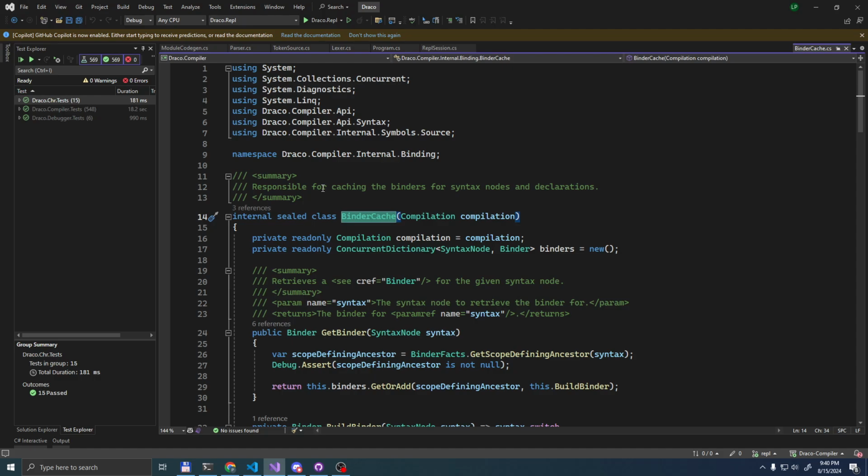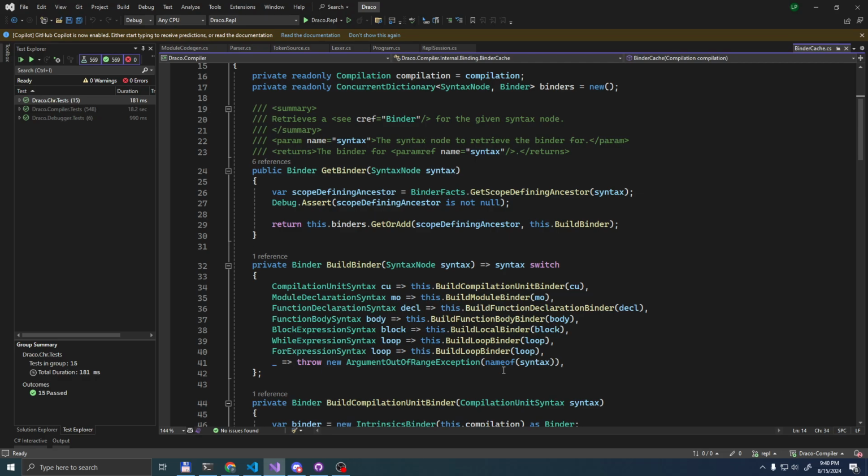And the binder cache is basically the thing that lazily constructs the scope tree for a given syntax, completely lazily. So you can ask any syntax node what the binder of this thing is. If it doesn't exist, it creates it, and we go through the ancestor chain and construct everything that doesn't exist yet. What exists, we do not duplicate.